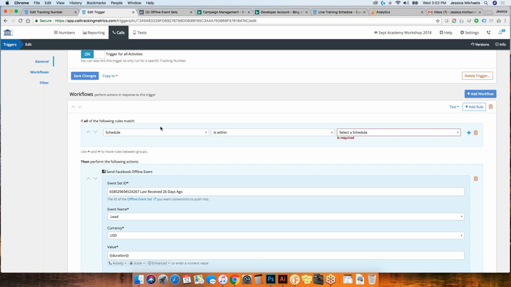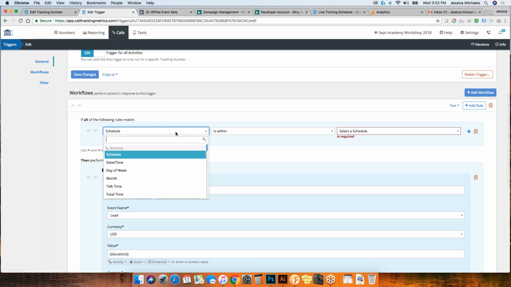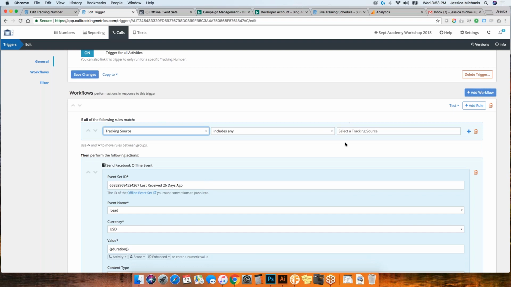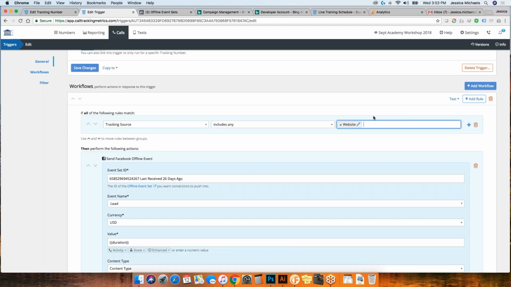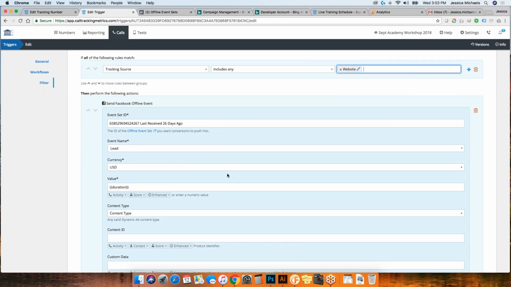And then hit save. I want this to go in for all calls, but if I wanted to, I could make it specific to just my Facebook calls. So I could say tracking source. I actually don't have one for Facebook yet, but say website, because that's probably where it will qualify. So now any calls that come into my website tracking source, we're going to send this event.